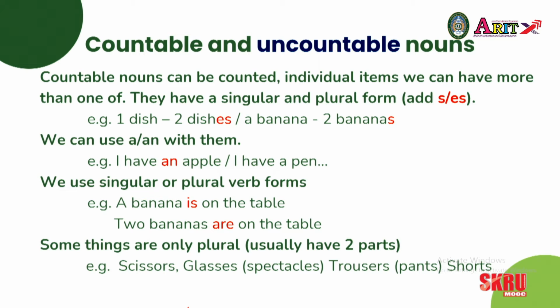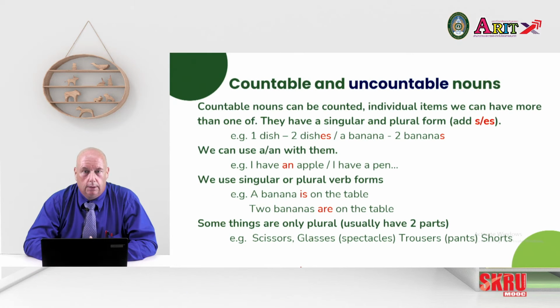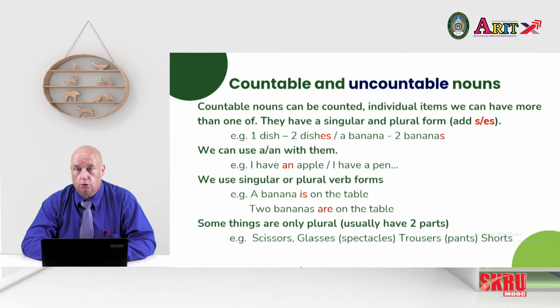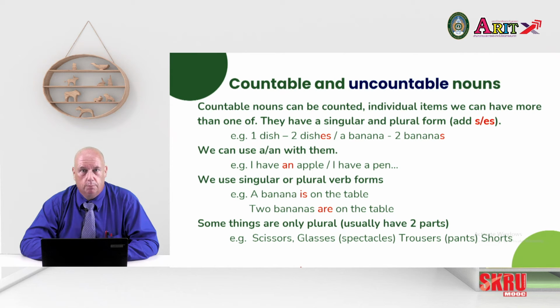And with some nouns, there only is a plural form. You'll come across these weird exceptions. Things that often have 2 parts to them, like scissors, where the 2 legs, or glasses, spectacles you wear, 2 eyes, binoculars, trousers, 2 legs. In America, they call trousers pants. Short trousers, shorts, or short pants. So these are things that we always have as plural forms.